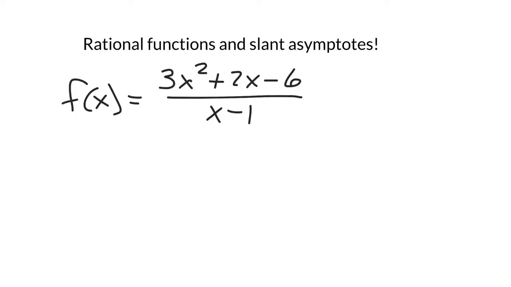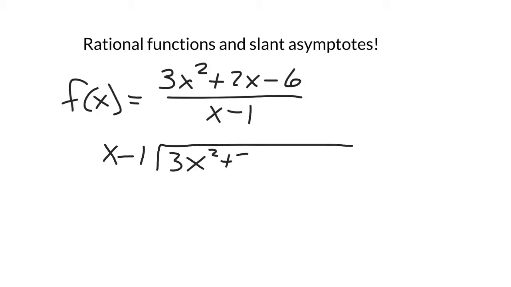And the first thing to realize is that slant asymptotes only happen when the rational function is top-heavy. What does that mean again? When the degree of the top polynomial is more than the degree of the bottom polynomial. And so how do you find slant asymptotes? You do long division. So we're going to put x minus 1 out in front, 3x squared plus 2x minus